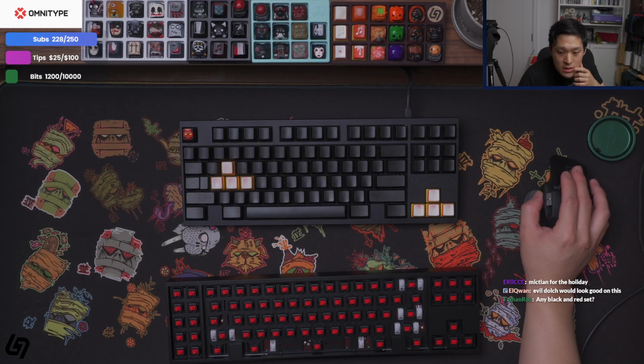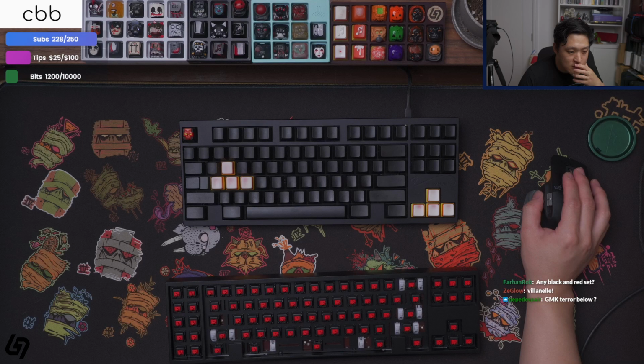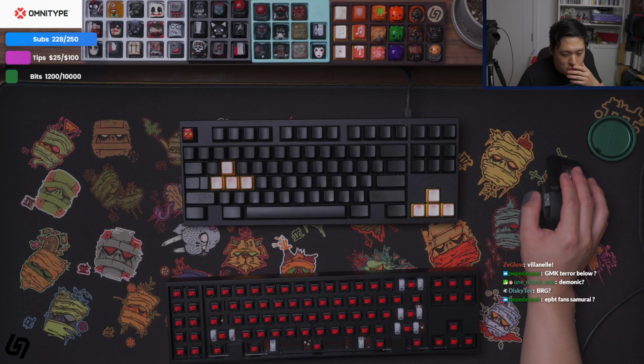I'll go with this. Black and red? Yeah, we can do... I have burgundy. I have... Really JIS. Those are like Wob though. Wob Cyrillic. Oblivious. Toko has some white on it though. I don't have Demonic or Terra Below. I do have Villanelle. Euro. And then I have